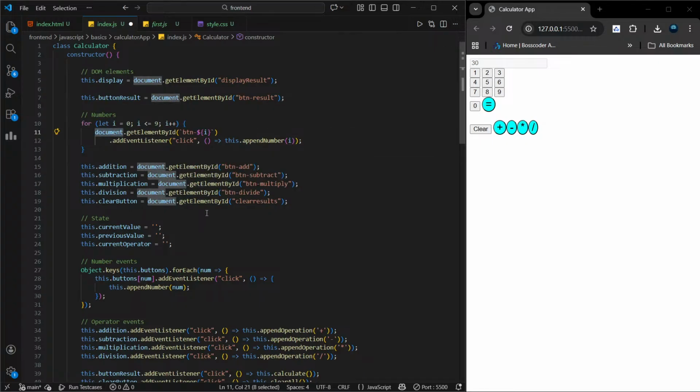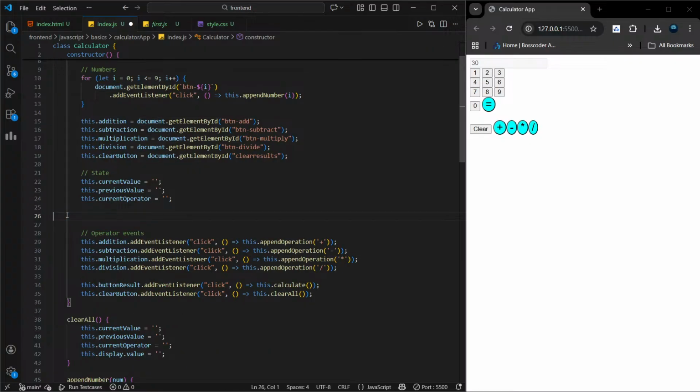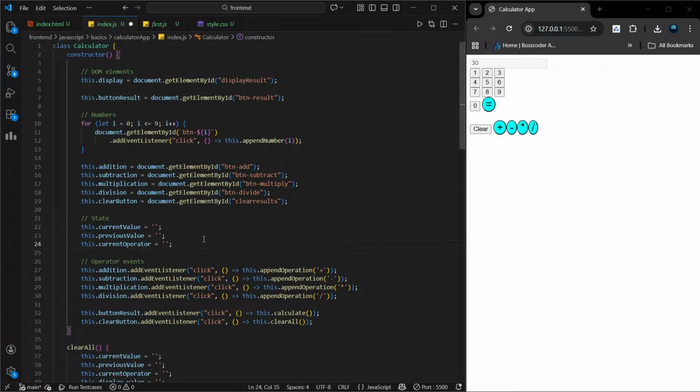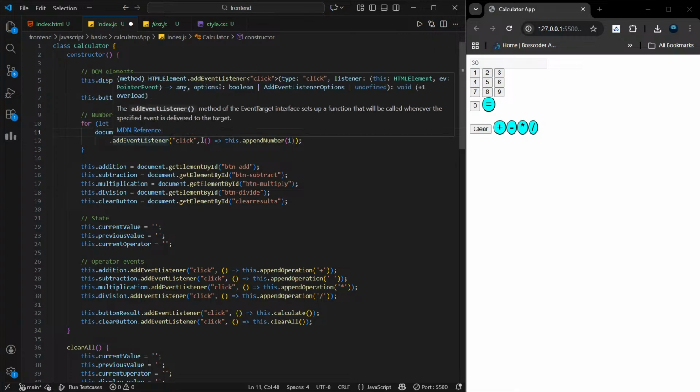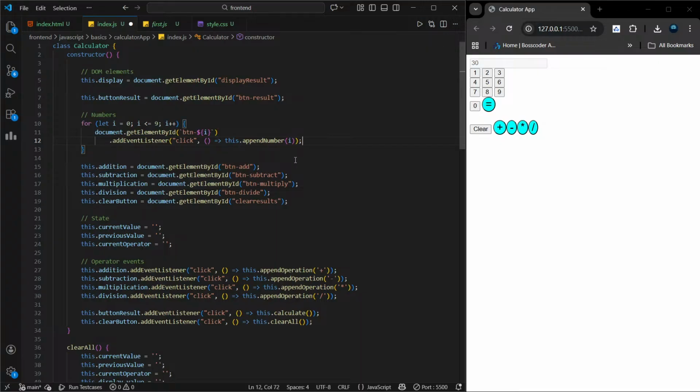ठीक है, ठीक है। तो मुझे ये ऑब्जेक्ट डॉट ये नहीं चाहिए अभी। मैंने ये जो ऑब्जेक्ट डॉट कीज़ था उसकी जगह पे एक फॉर लूप लगाया जो 0 से लेके 9 तक चल रहा है, जिसपे मैंने डॉक्यूमेंट डॉट गेट एलिमेंट बाय आईडी करके वहाँ पे इवेंट लिस्नर डायरेक्टली ही लगा दिया और अपेंड नंबर में i को पास कर दिया। हाँ, ये भी सीधा तरीका है। तुमने लूप से हर बटन पर इवेंट लिसनर लगा दिया। कोई दिक्कत नहीं, जब तक ये तुम्हें क्लियर लग रहा है। बाद में अगर तुम्हें और रिफाइन करना हो तो हम ऑब्जेक्ट स्ट्रक्चर या मैपिंग भी देख सकते हैं। अभी तुम्हारा तरीका भी काम करेगा, बस आगे बढ़ते रहो।